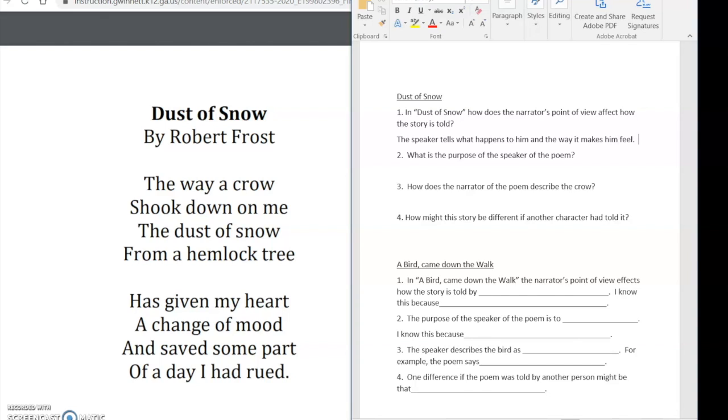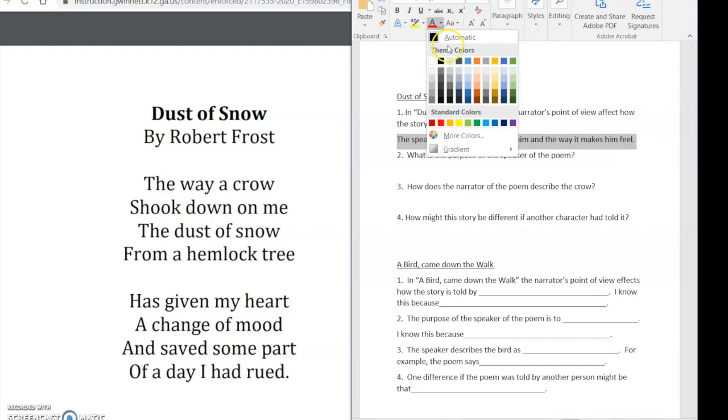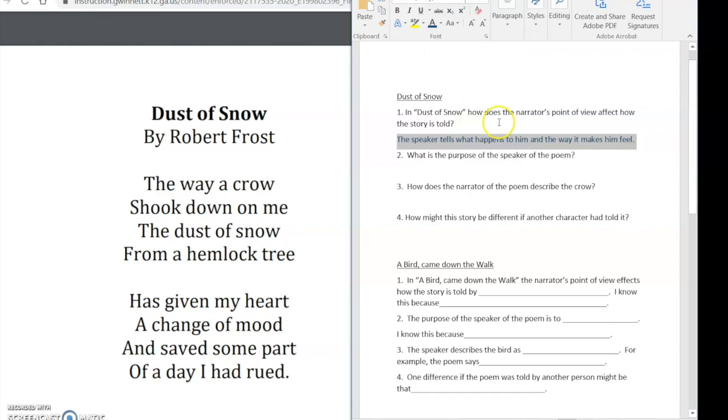Okay, so as he's telling us that this bird, this crow, shook down some snow on him, the perspective of the poem is exactly what happened to him and the way it made him feel. Okay, so we could say